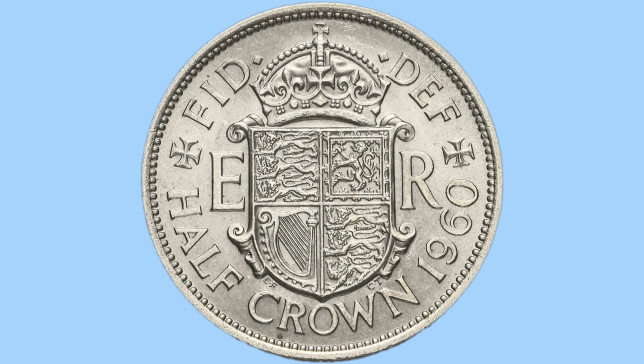Today's video is all about the 1960 half crown from the reign of Queen Elizabeth II, the coin we can see on screen now. I will first go through the design of the coin and then move on to the facts and figures. So here we have the reverse design featuring a royal crown above the coat of arms